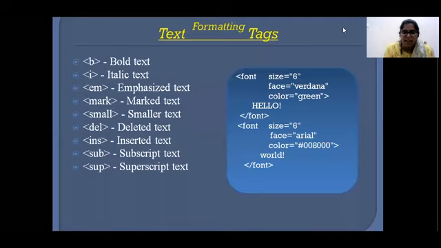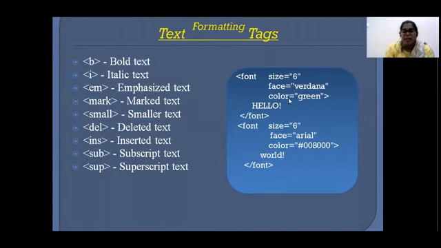We have another tag called font tag, which basically takes three attributes. The first one is size. With the help of the font tag's size attribute, we can mention the size of the text, and with the help of the face attribute, we can mention the style of the text. So in which mode it should be written, like in Times New Roman or in Arial. So that we are going to mention in face. And the next one is color. So in which color you want your text to become, that is going to be mentioned here.